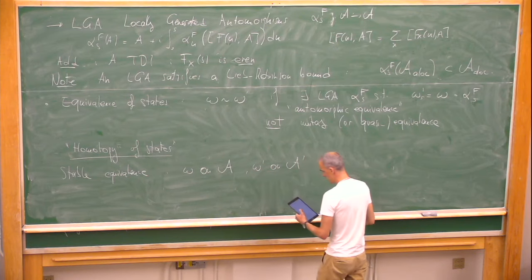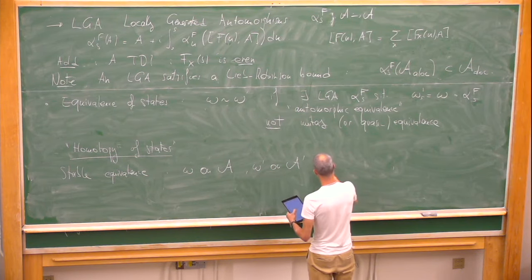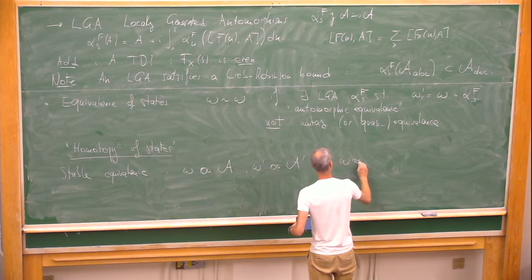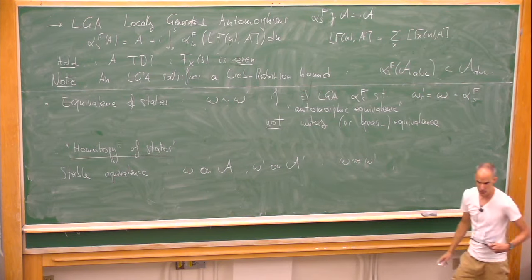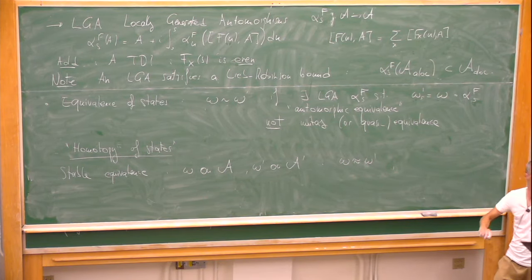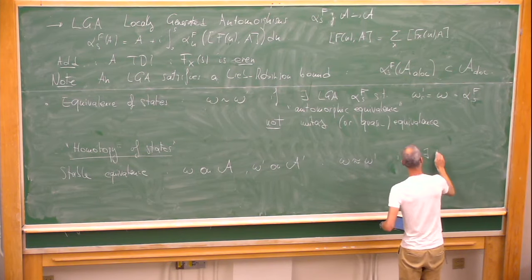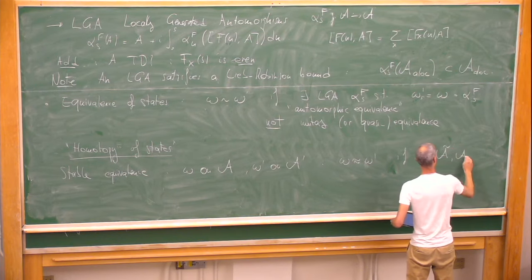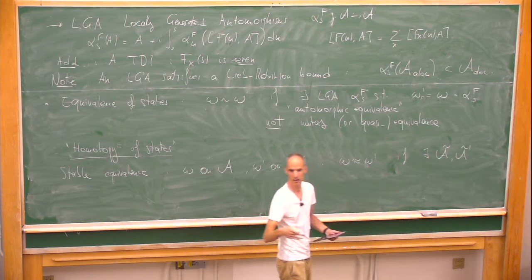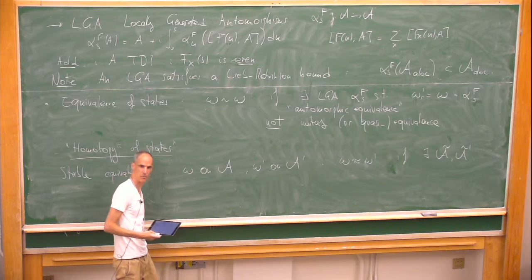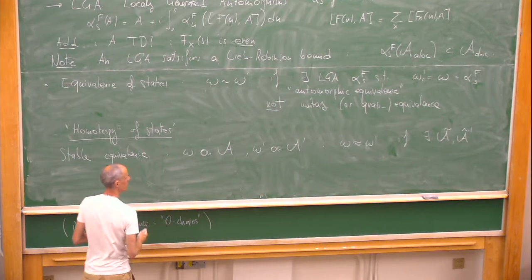Then we'll say omega is stably equivalent to omega prime. So you see now you can compare states on different algebras, right? If there exist an A tilde and an A tilde prime, all of these being CAR algebras in the same fashion,